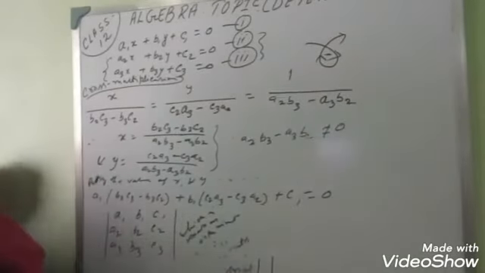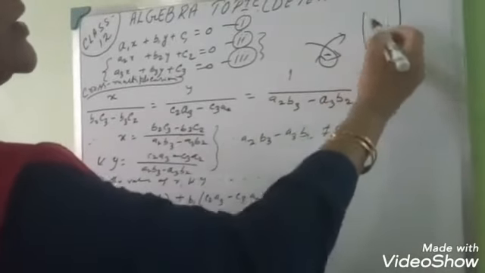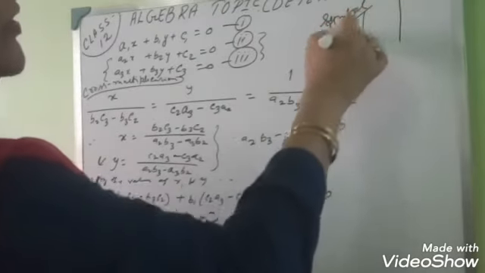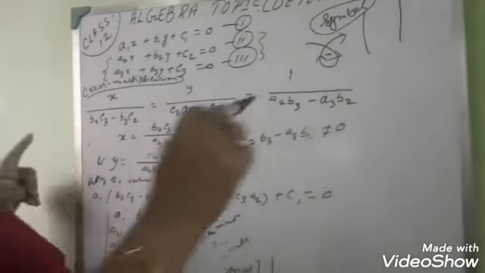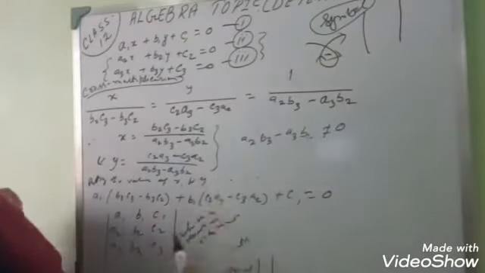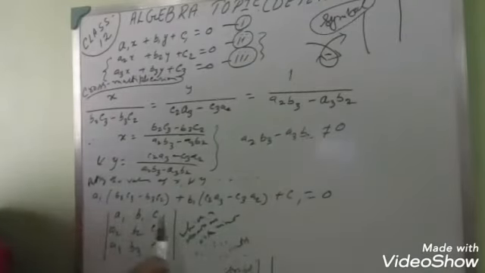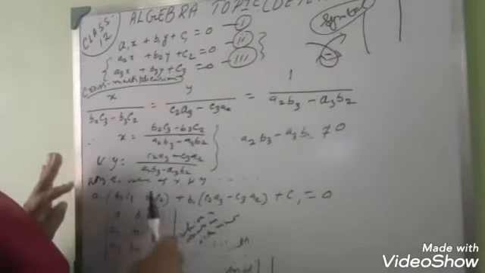How to write the determinant? This is the symbol of the determinant. Determinant symbol is this. Only two magnitude symbols, that is the determinant symbol. We will write this way. Now a1 b1 c1, a2 b2 c2, a3 b3 c3. We have to write the elements in row and column order, and obviously this is again a square matrix.